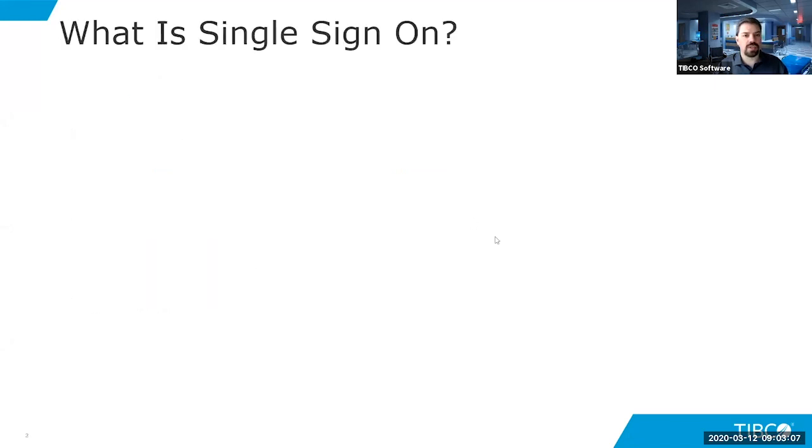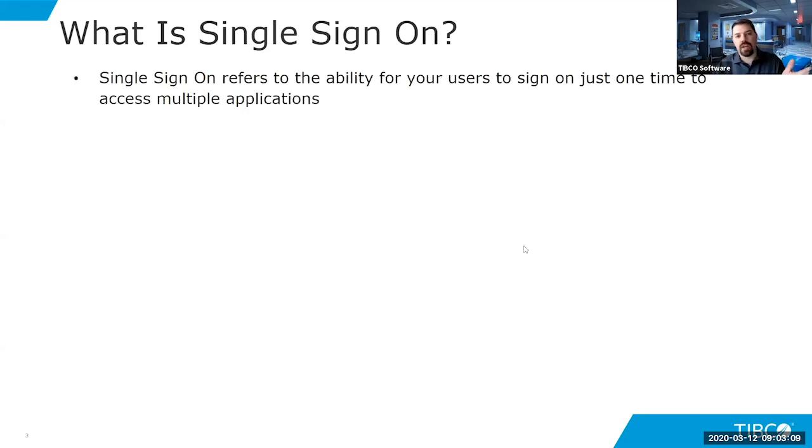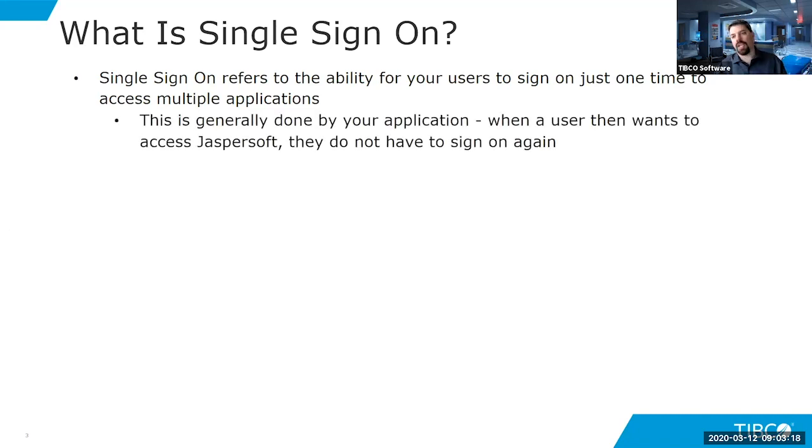All right, we'll get started. So single sign-on obviously refers to the ability for users to sign on just one time to access multiple applications. Generally, it's done by your application. When a user wants to access another application like Jaspersoft, then they don't have to sign on again. So somehow those credentials have to pass from the calling application to